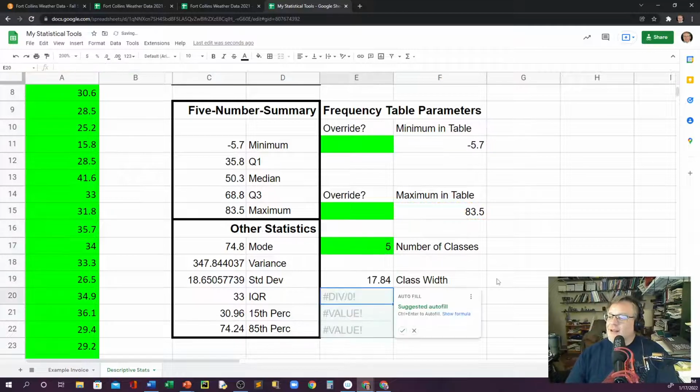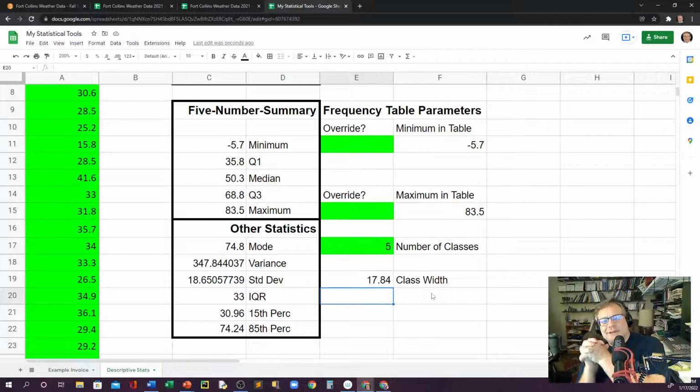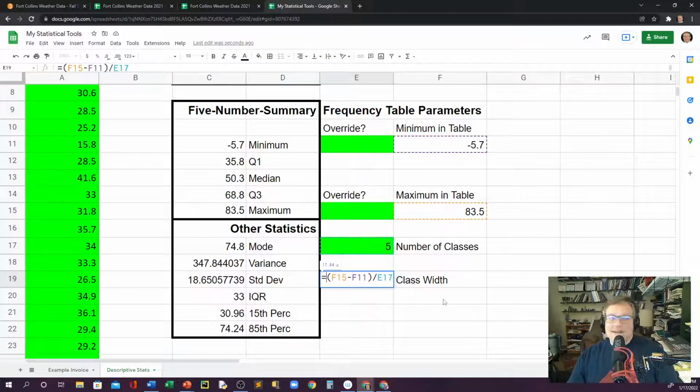Okay, and you get this number here. No, I don't want to overfill. No, no, no. And I get 17.84. What was the thing that we had to do? Oh, yes, we had to round that up. But how do you tell the computer to round up? The answer is that you use a function called ceiling, C-E-I-L-I-N-G,